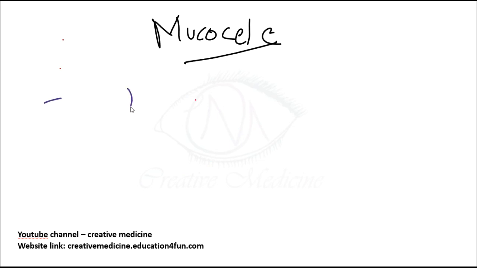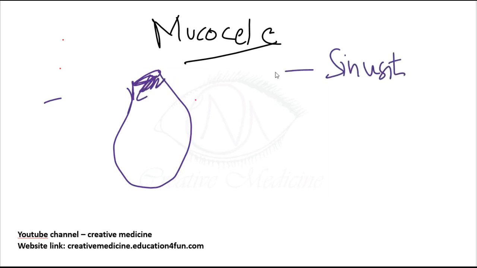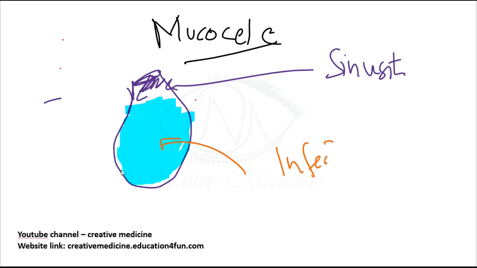Then one more complication, the last complication, is that mucoceles can occur, or pyocele can also occur. What do you see in mucocele? If this is the sinus cavity and this is the ostium, and the ostium gets blocked, mainly due to sinusitis, the blockage leads to accumulation of fluid because drainage is not there. Then bacteria come, and it transforms into a pyocele due to the infection.